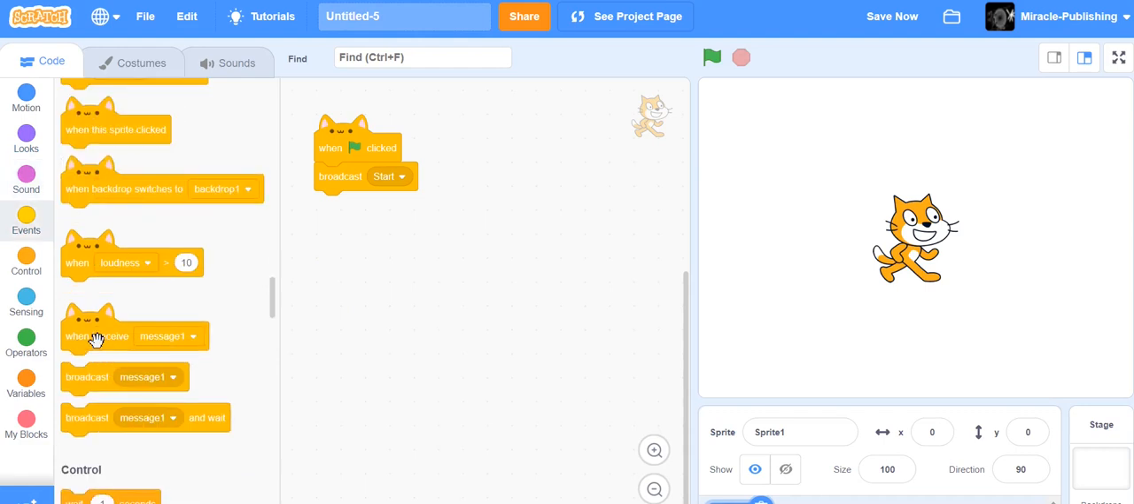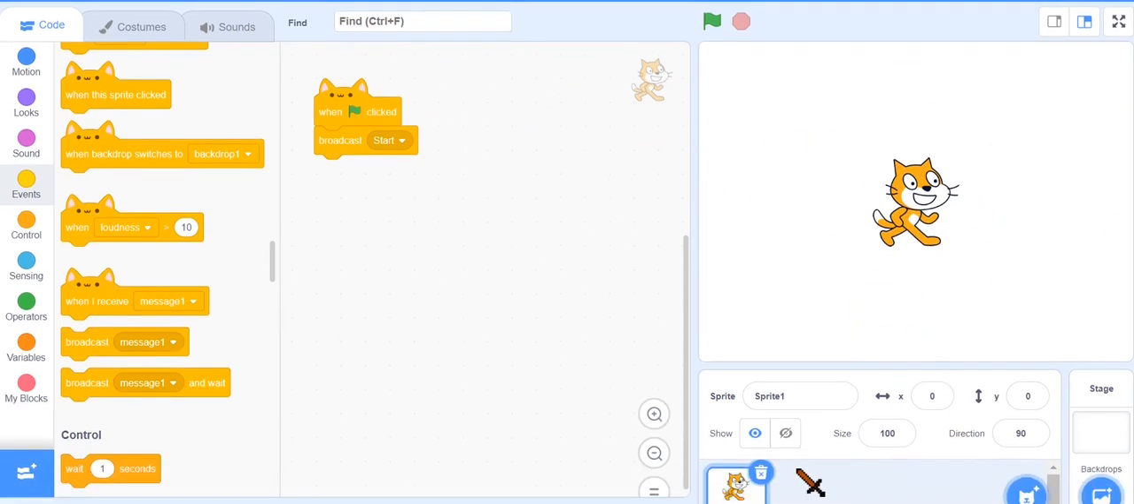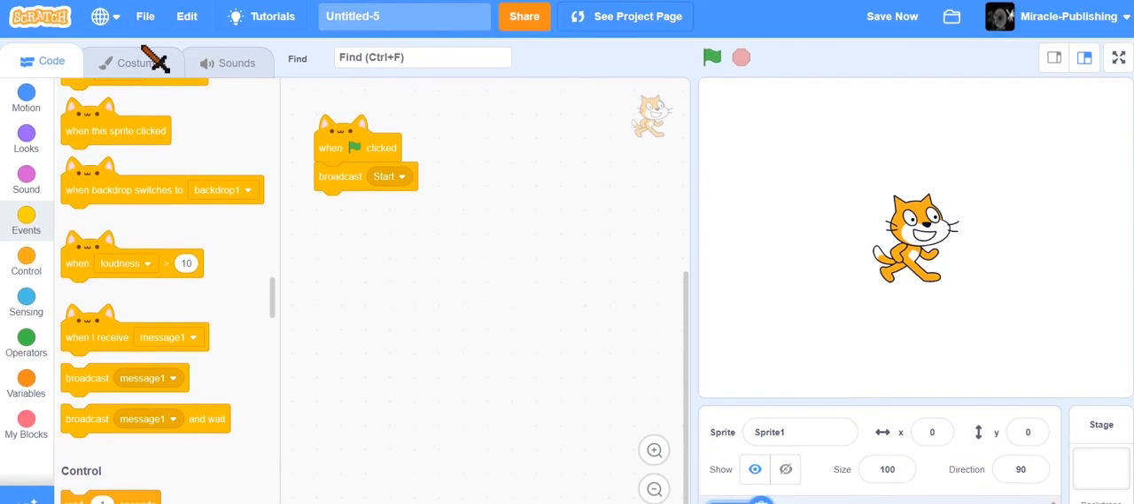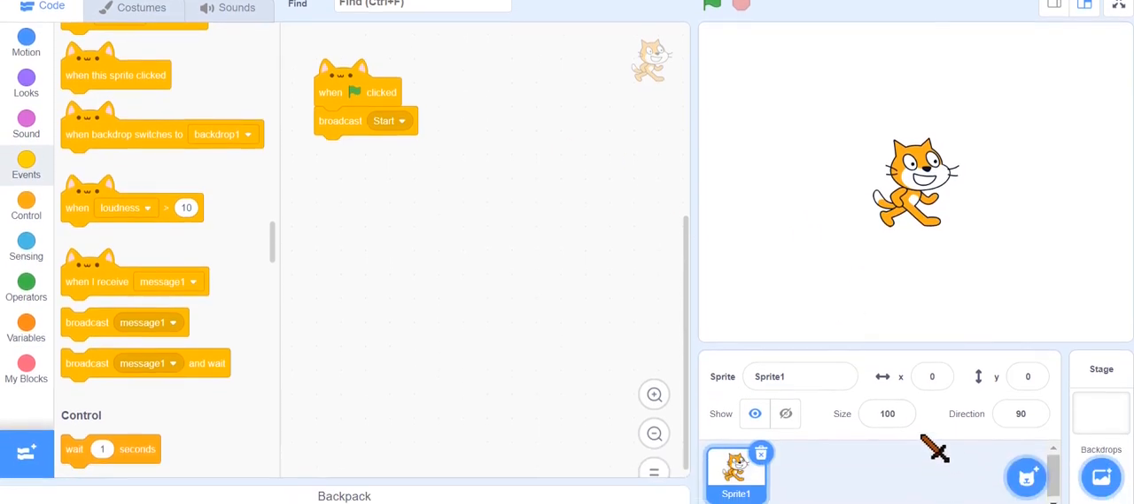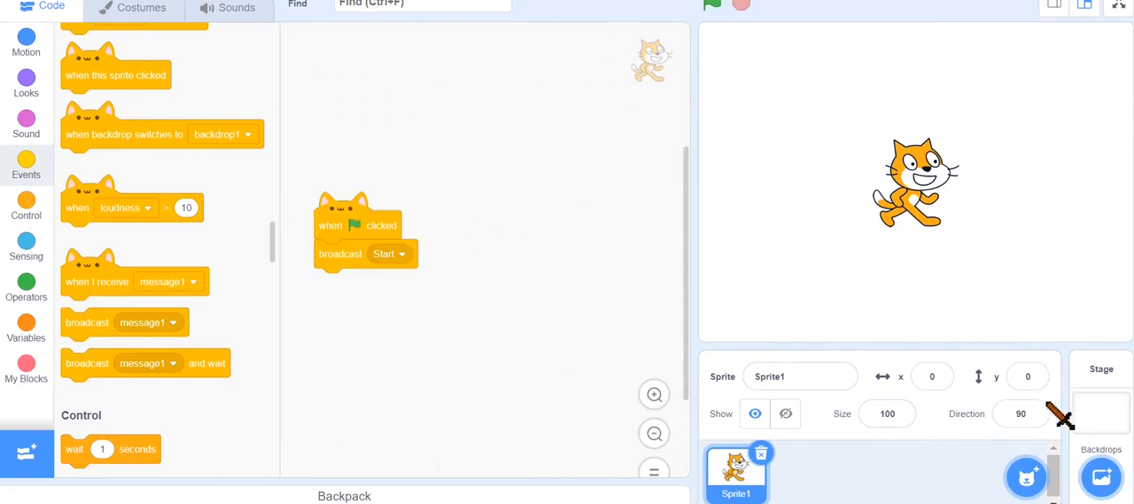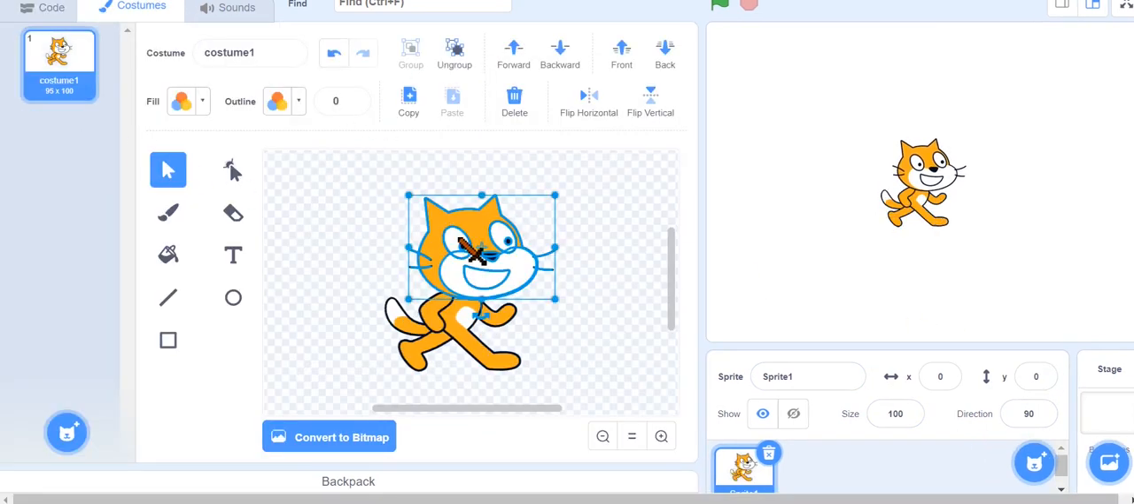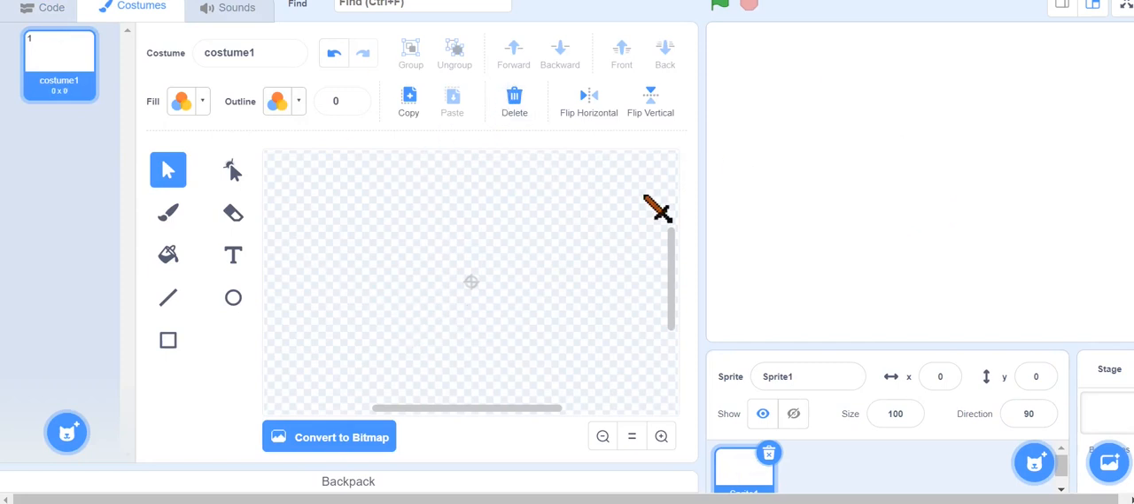I'm not going to use it right now because I don't have any ideas, I'm just starting without any ideas. Okay, so we can make something. First, let's delete this white